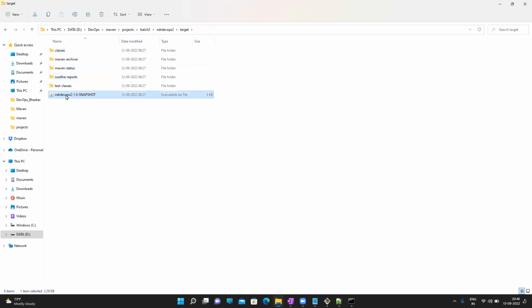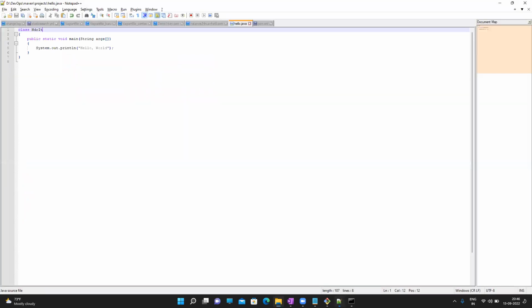This is the package, which is the executable jar file. We'll talk about packages also, war file, jar file, all these things. This is basically what will get created as part of your compile goal or test goal or package goal, right? Now, if we use the clean option here,